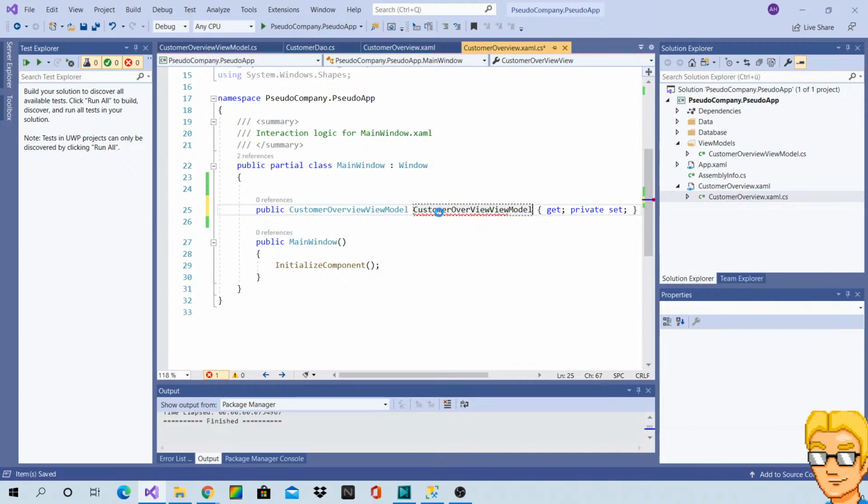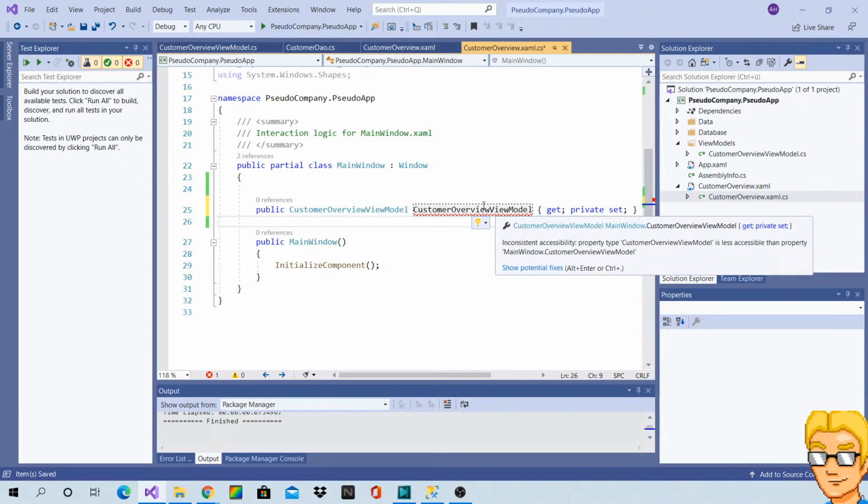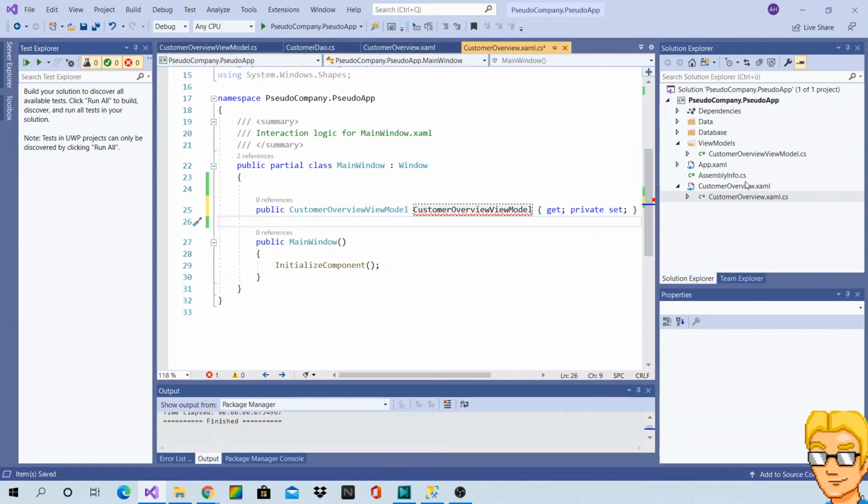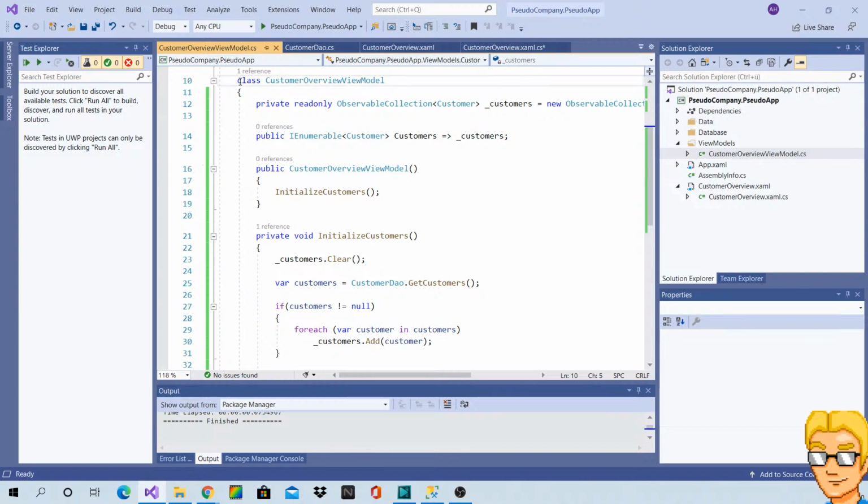Inconsistent accessibility. Okay, then let's just make this public. It doesn't matter. Let's not think about this too much.